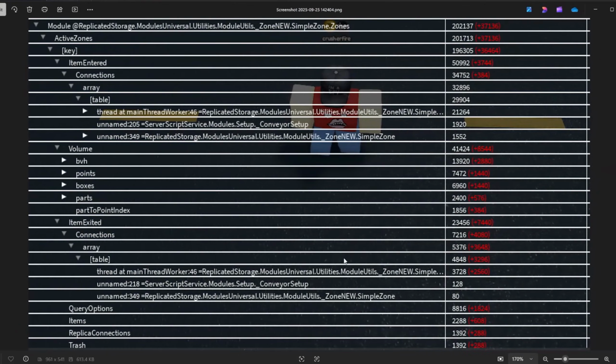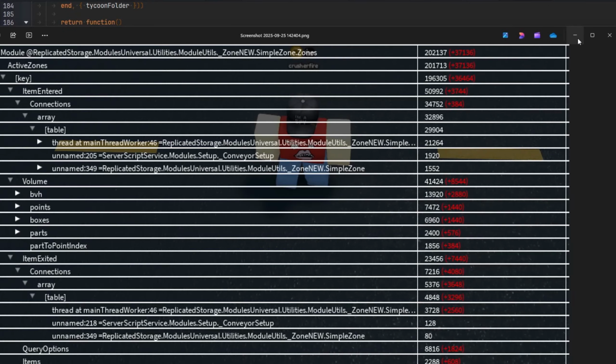Another memory leak I noticed inside of the profiler was specifically for this third-party zone module. Now, when it comes to third-party modules, that could be a memory leak in the module itself, or it could be a misuse of the module. And in my case, because I saw references to my conveyor setup, I thought, okay, you know what? Let me go check inside of the conveyor system where I'm creating zones if I'm actually cleaning up those zone